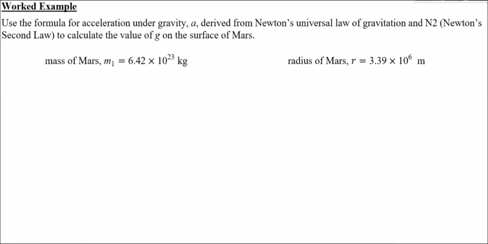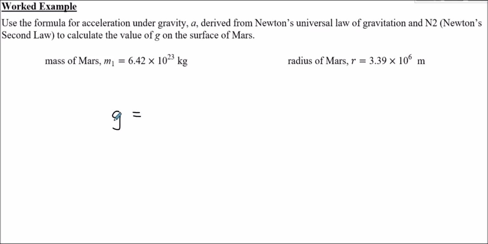So let's now have a look at a worked example. Could we work out g, for example, on the surface of Mars? Well, actually, yes, we can, to a good degree of accuracy. So use the formula for acceleration under gravity to work out g on Mars. So just having what we had before,